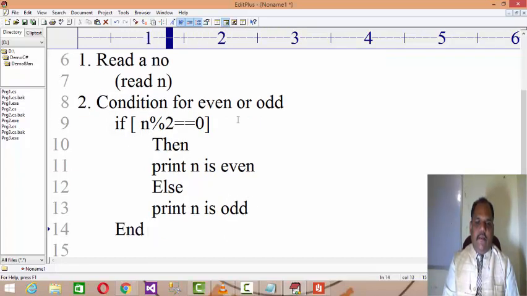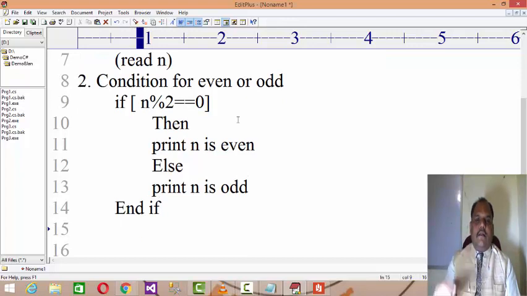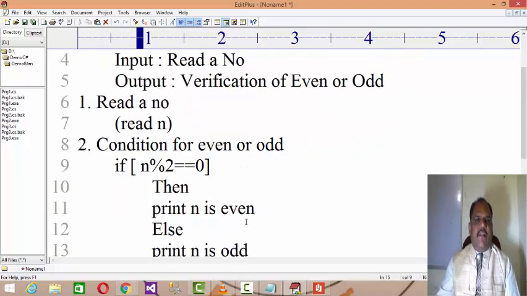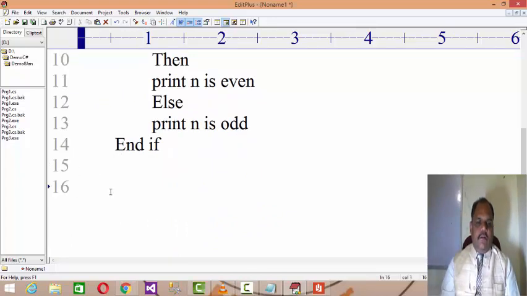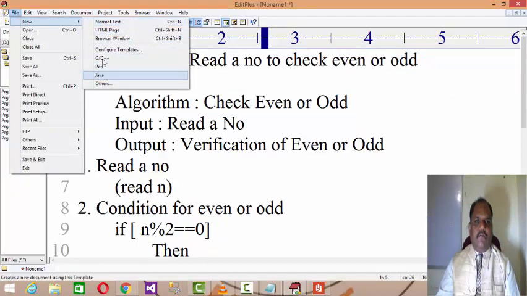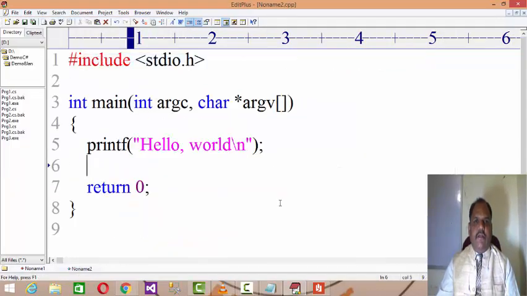Right? And here you define an if. So you need to write the steps like this, generic steps, and then you stop the algorithm. Once you have this algorithm ready, then you think about the implementation of it. You can implement in any language. Today, in programming practice and techniques, I am using C as the programming language to implement the code.